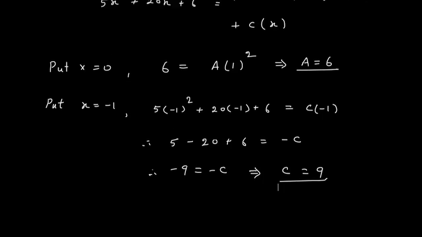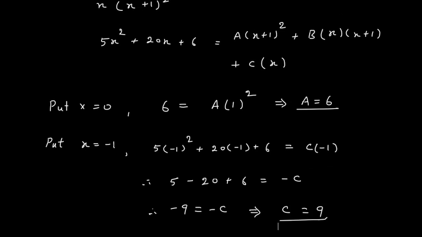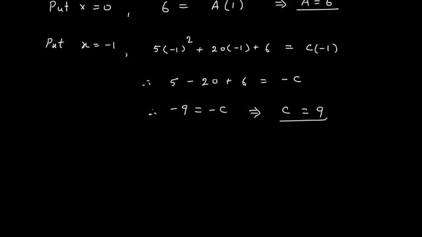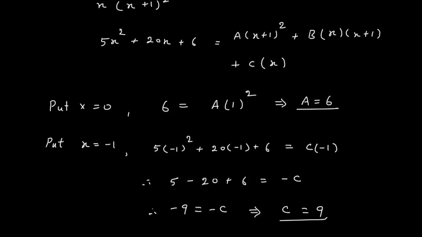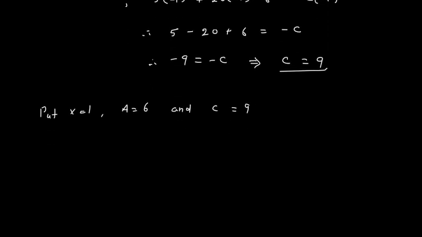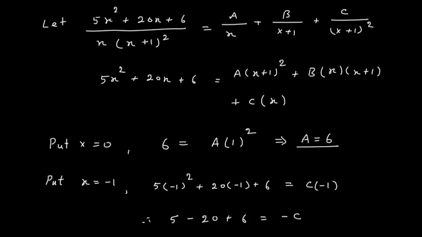So I can take any value for x. 0 we have used, minus 1 we have used, so let us use x is equal to 1. So we will substitute, put x is equal to 1. A is equal to 6 and c is equal to 9. The values of a and c we already know. When I substitute x is equal to 1, it will become 5 plus 20 plus 6. So the left hand side will become 5 plus 20 plus 6 is equal to, now the right hand side is